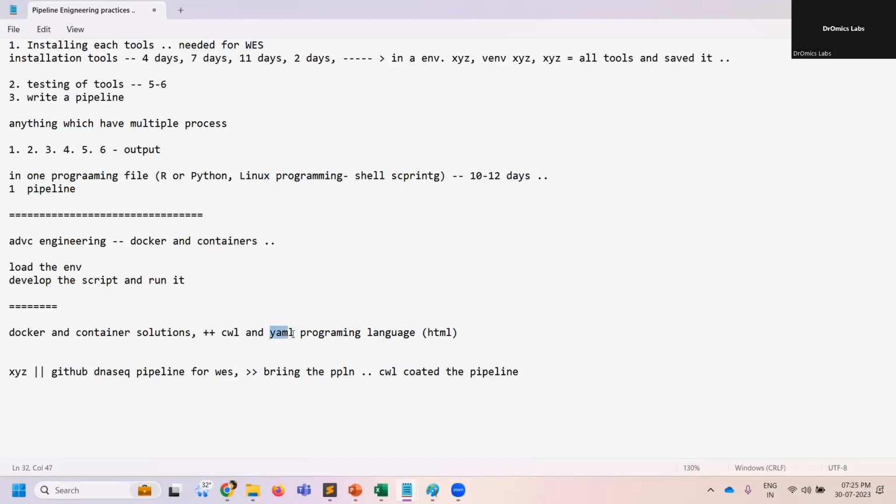Now, when I'm going to run the pipeline, there is one file known as YAML. This file will ask me for parameters. What are these parameters? For example, let us check once how a DNA pipeline looks, okay, before going to that side.